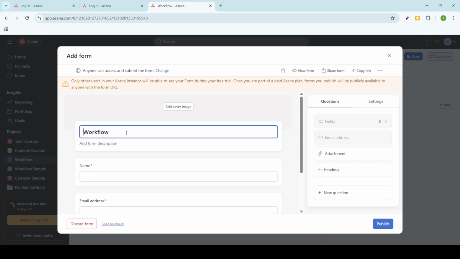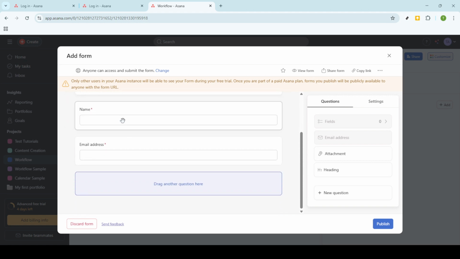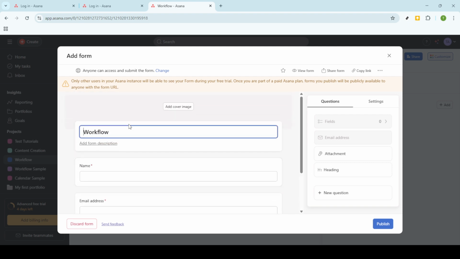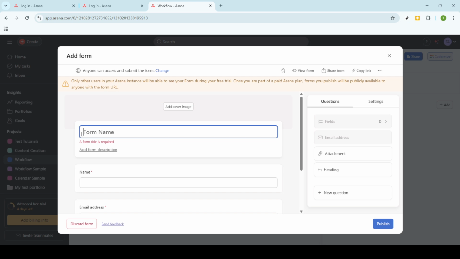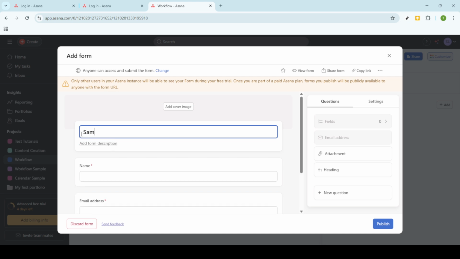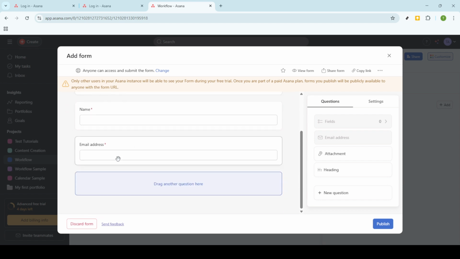After naming your form, it's time to add questions. Adding questions is as simple as clicking a plus symbol or the evident Add Question button. Asana provides an intuitive drag and drop interface for organizing the questions. You can add multiple questions according to your needs. Simply drag and drop the new question type from the menu if you'd like to rearrange the order or add